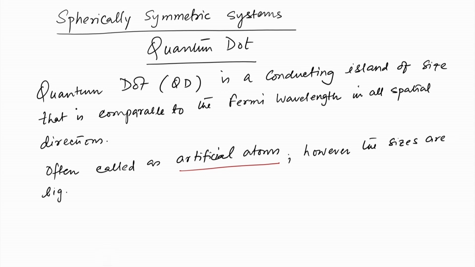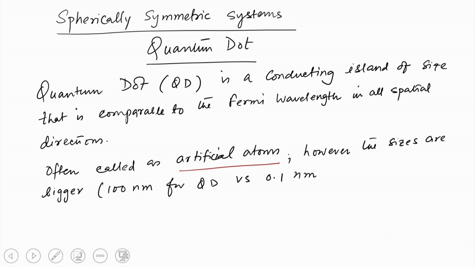I mean, in fact, order of magnitude more. So, it is 100 nanometer for a quantum dot versus 0.1 nanometer for atoms. So, there is straight away 3 orders of magnitude, the quantum dots are bigger than individual